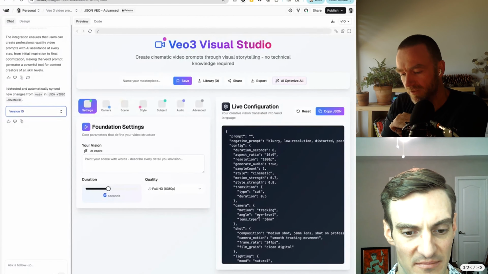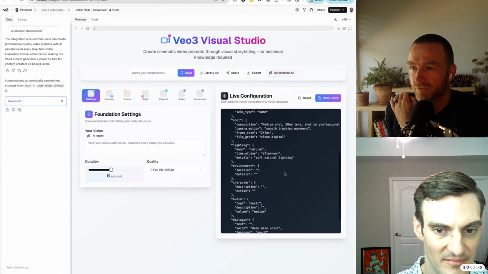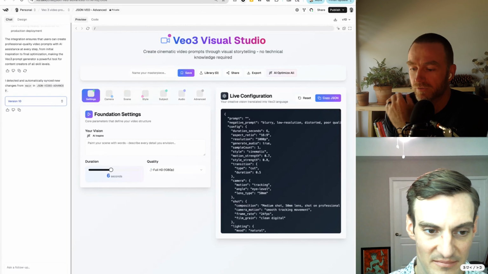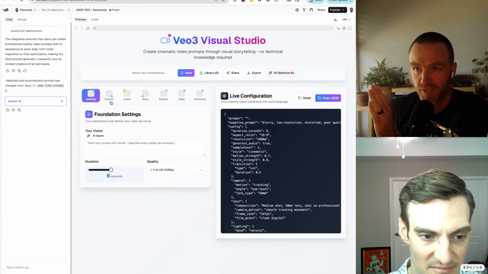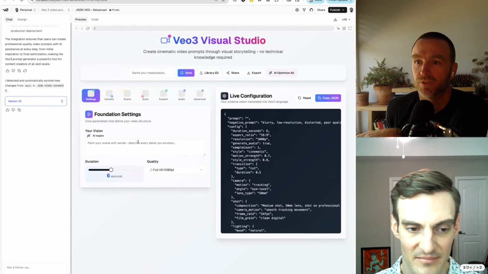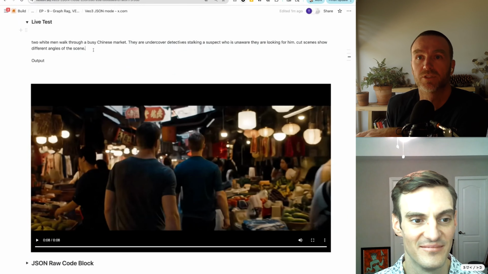This is the JSON output on the right-hand side that follows all of the protocol and things that are working that I found on X. And on the right-hand side, there are variations of elements that update the JSON in real time. So you can put your prompt in here. So if I just copy this prompt,